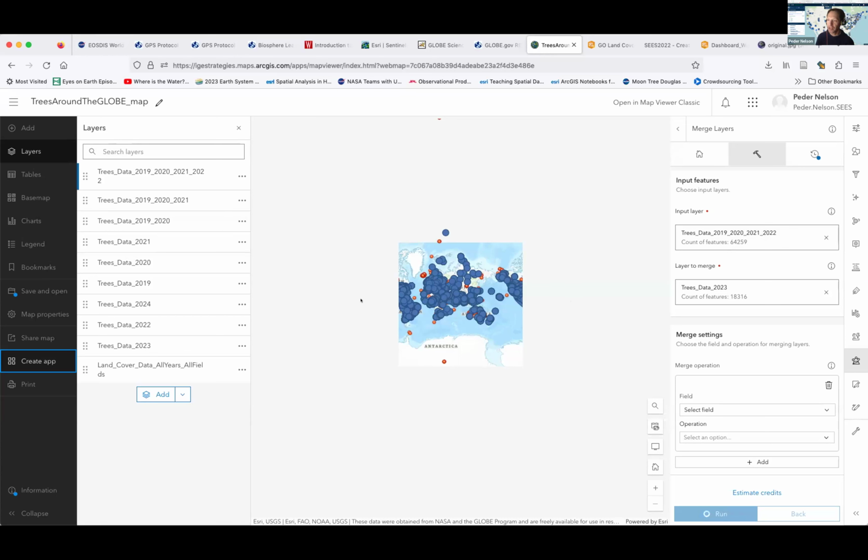And then when you start putting together the land cover with the trees data, you have to do some more data wrangling because we're not recording the same exact information, right? So you have to align fields. You have to make sure that there is something that's common between these.